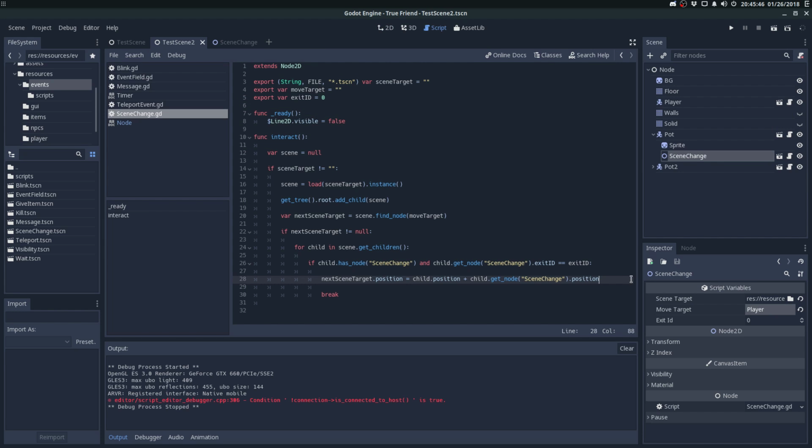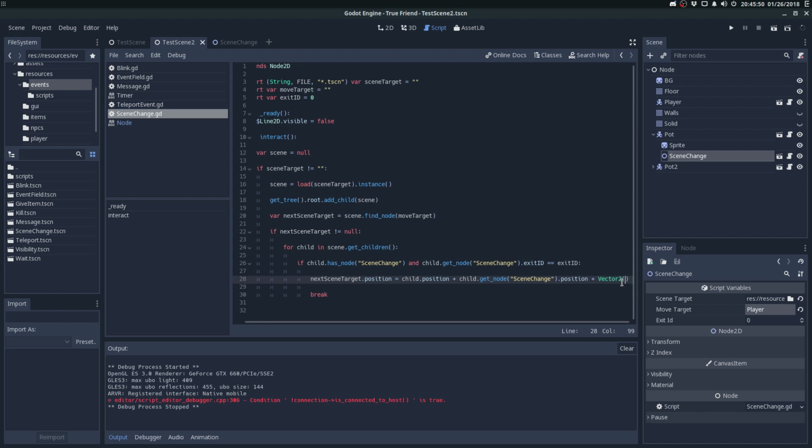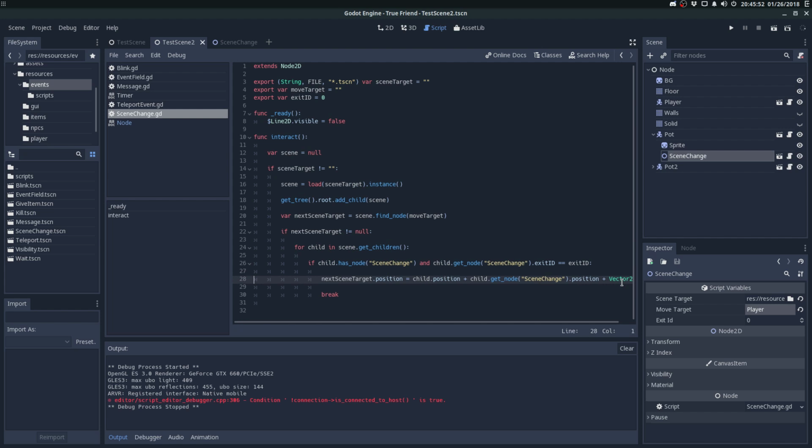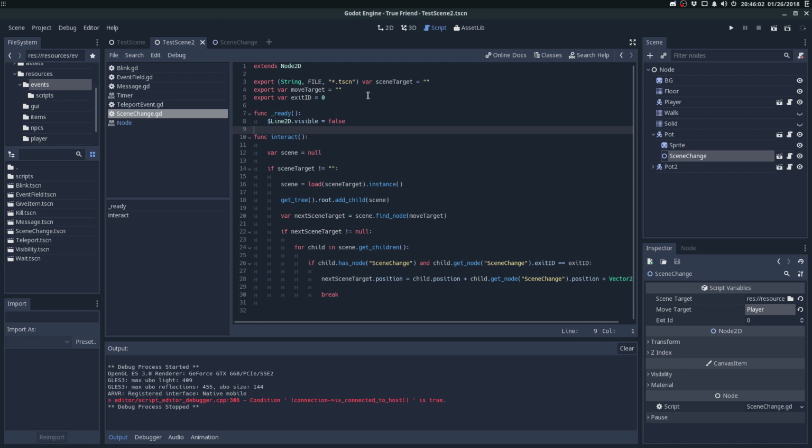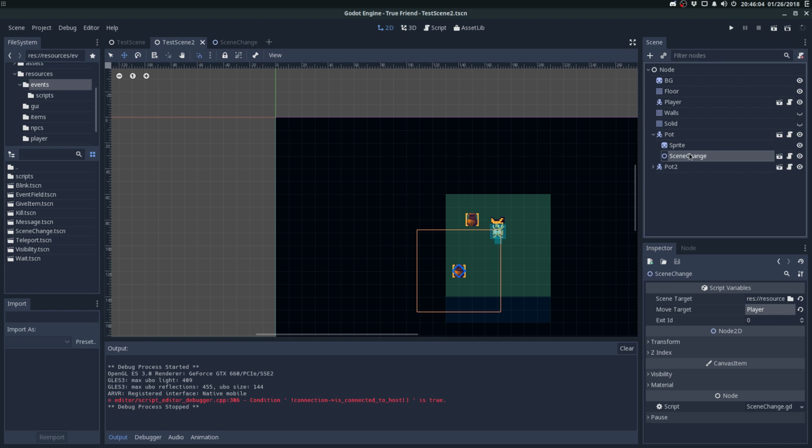Now we just need to add vector 2 of the direction that you hit it from, right? Yay. But this is so specific. I'm just going to make it specific to the player. There's no reason. It's just so much stuff that you have to do to not make it specific to the...